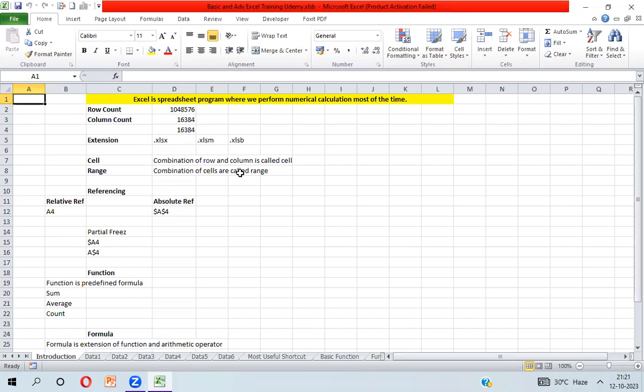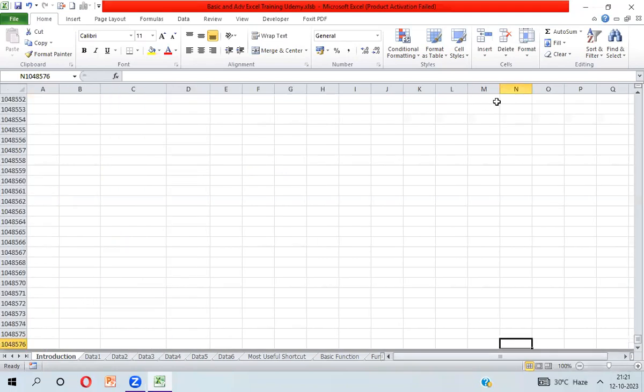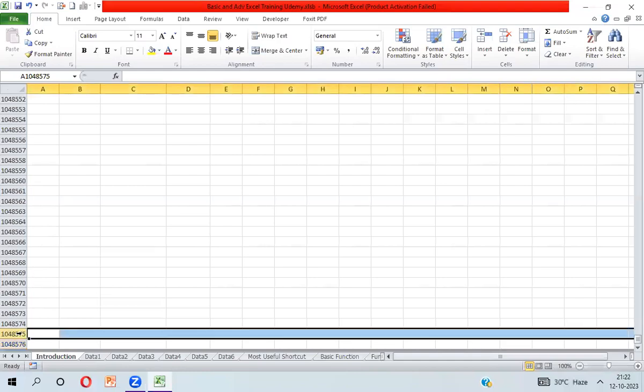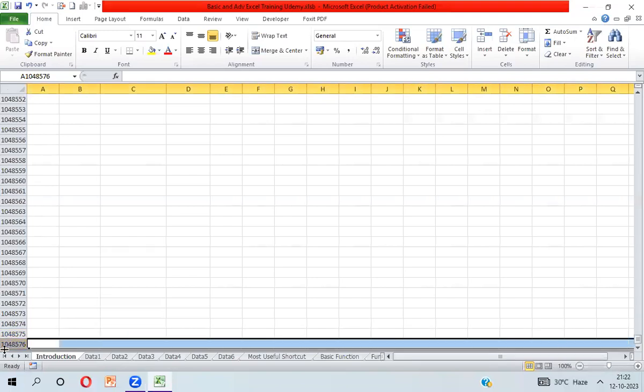The limitation is 10,48,576. You know what this is? Row count. How can we view this last limit? You have to put your pointer on any blank cell and press Control Down Arrow, and you can see the last row number. These numbers are called rows. If I select this row, you have to click here, and this row is completely selected. So the last row is